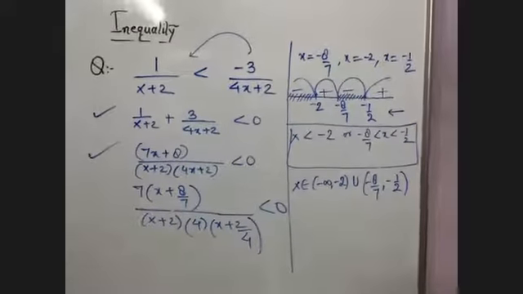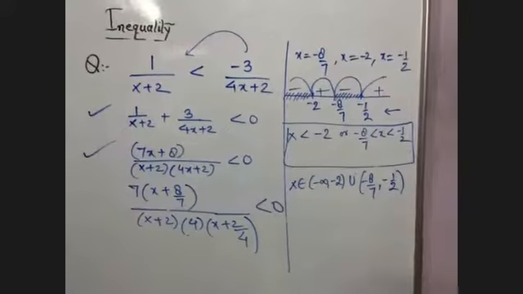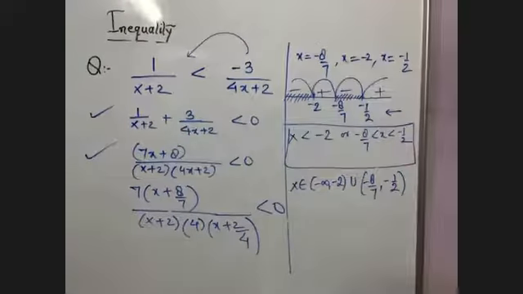Pawan, you are asking something. Wait, let me check what you are saying. You can also plot like that, but the way I'm saying, you won't get confused. That's why I'm saying to make the coefficient of x equal to 1, beta. So better do it like this. All right.